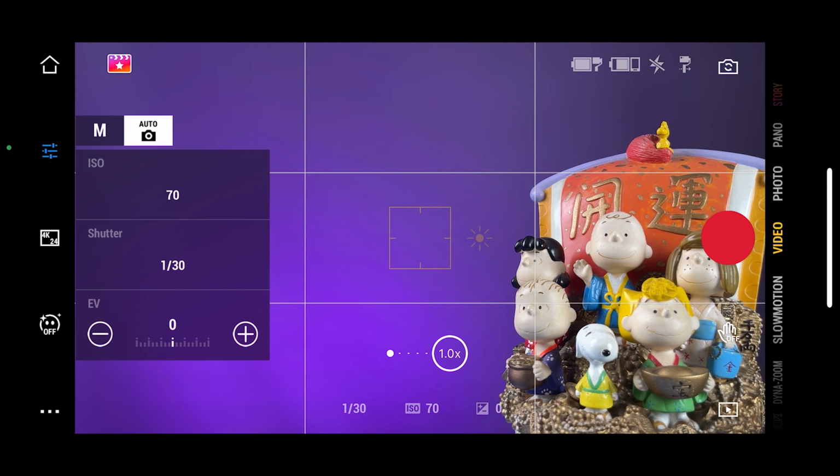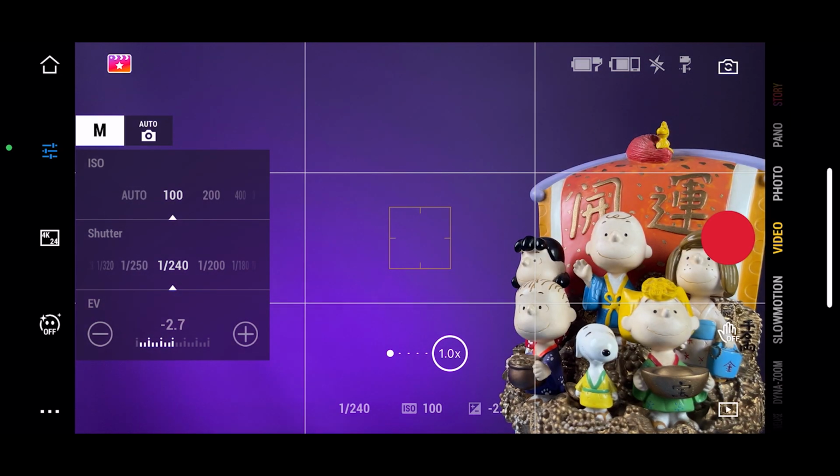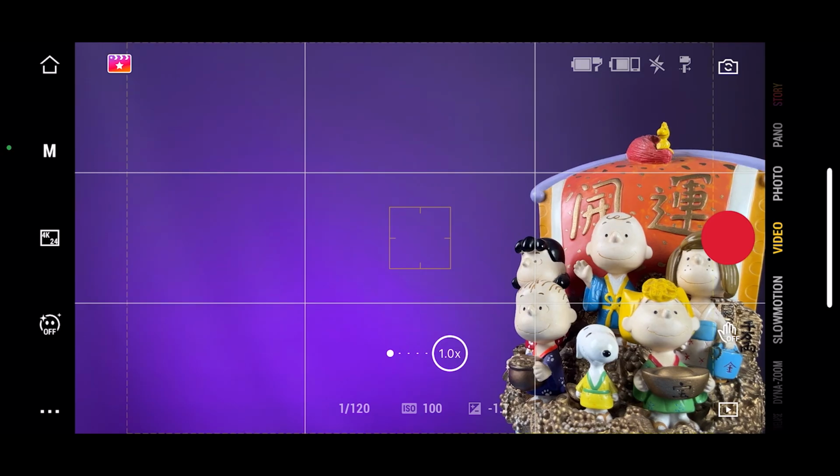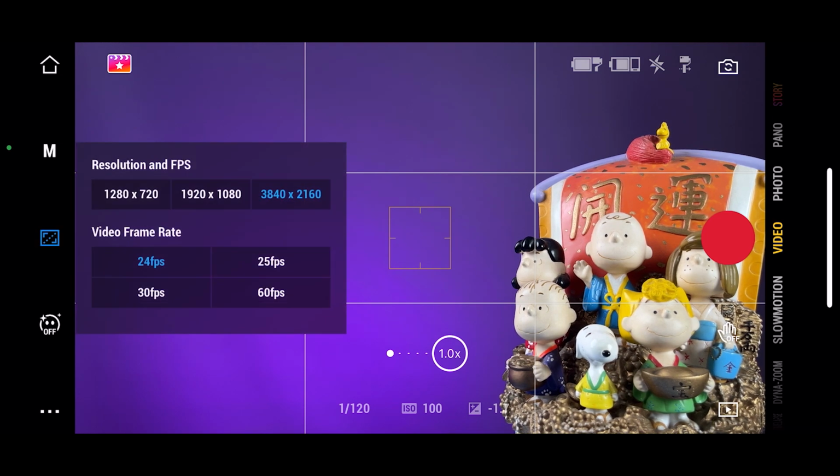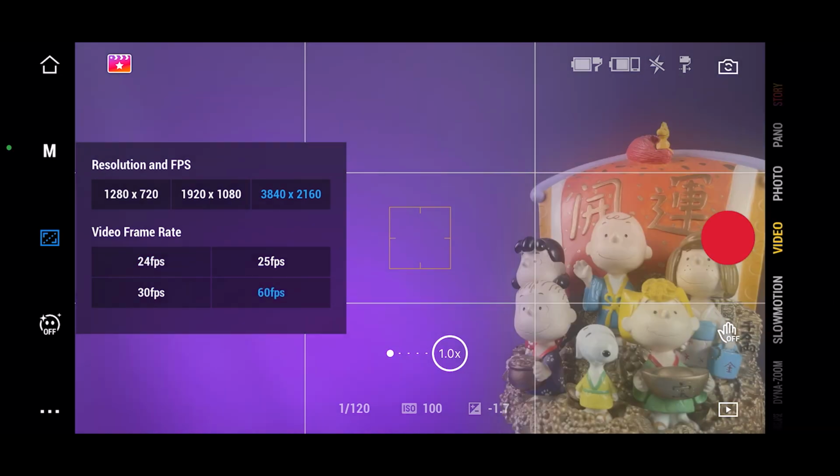Probably the main issue for Android users is going to be on video mode. On the iPhone, you can select manual settings so you can change the shutter speed and the ISO. On Android, it's always going to be on auto settings. On the iPhone, you can select resolutions up to 4K, which is the same for Android. But for video frame rates, iPhone users can select 24, 25, 30, or 60 frames per second. On Android, we only get 30 frames per second, and I know, it's really annoying to have this kind of limitation.